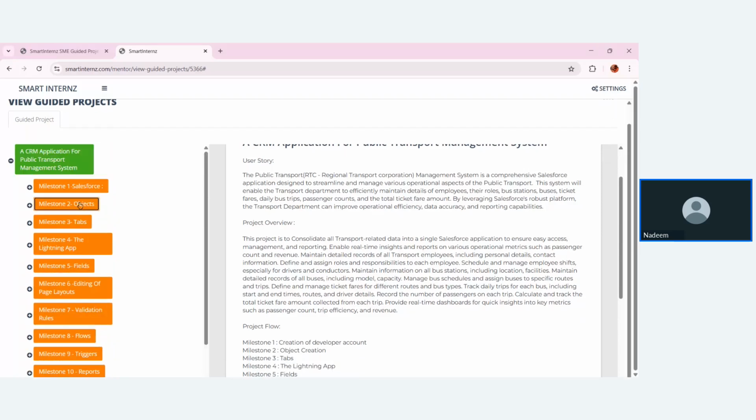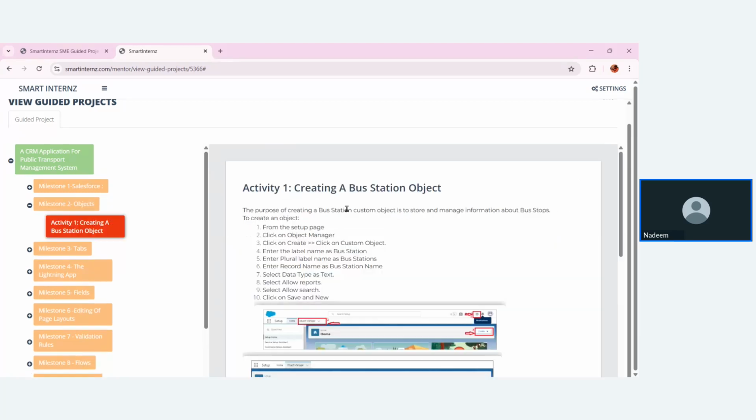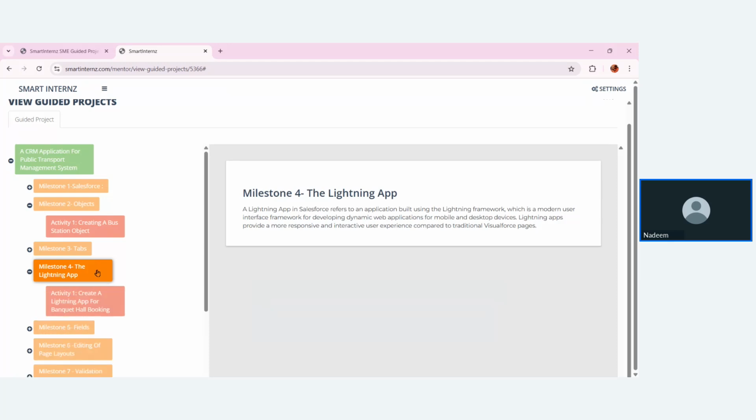So let's quickly check the object here. Here you're going to create a bus stand object to maintain records of a list of bus stops and bus stands. After that, in the same way, you're going to create other objects like bus, trip, ticket fare, and employees object. These are the list of objects which you are going to create. In the same way, you are going to create tabs for the respective objects, and you are going to create an application with the name